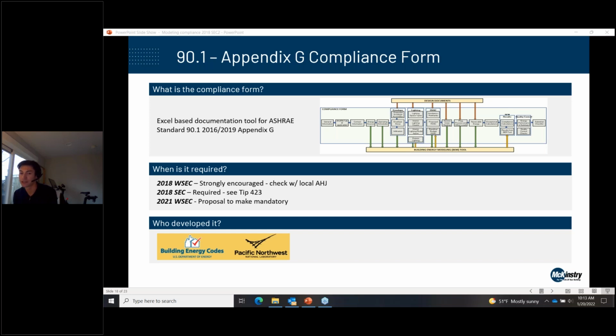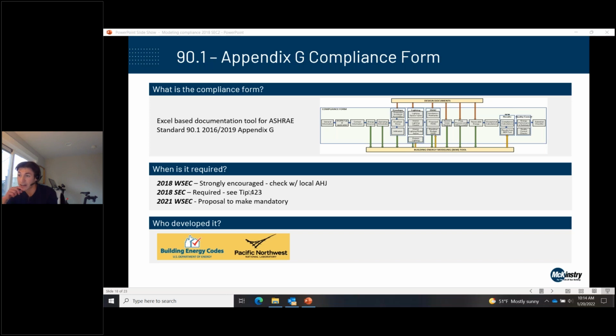So for those reasons, we expect most AHJs to adopt it and expect it with permit submissions. And a warning that the tool itself is pretty big and complex and takes a significant time commitment to fill out fully. So coordinate with the AHJ. It's not something you want to figure out right before you go in for permit, just because of the time commitment associated with it.